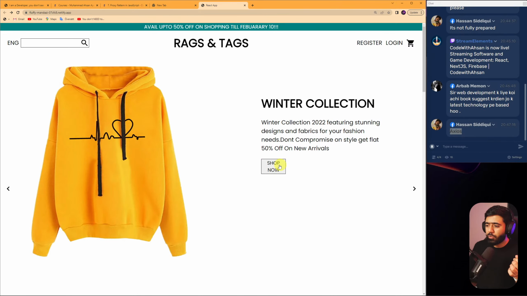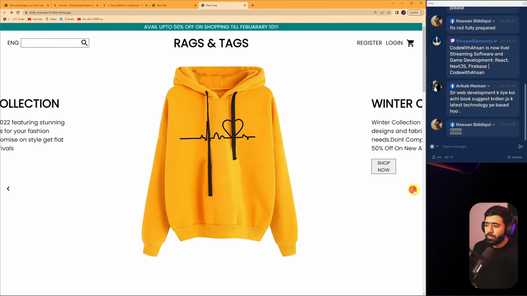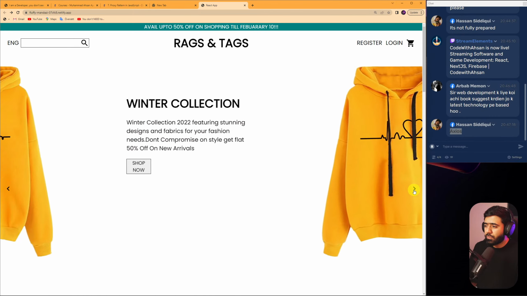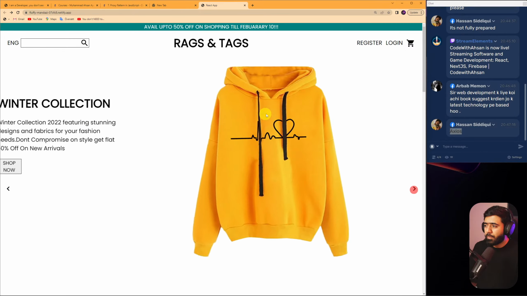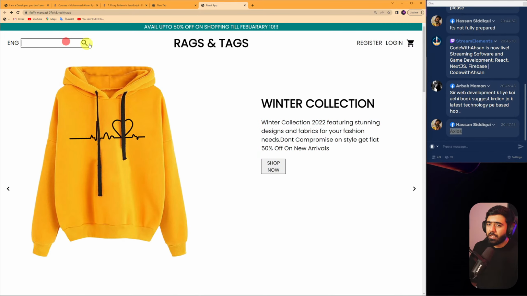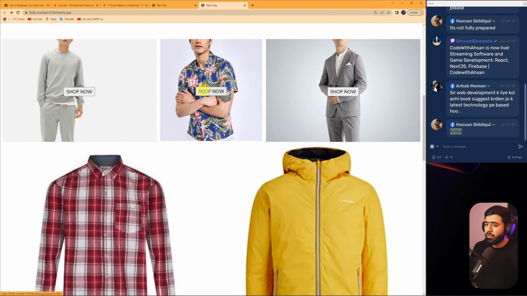The button shop now seems too small. You can expand it. There's so much space here. You could work with that. This looks good, but it doesn't show anything, I mean, it doesn't show your skill set, to be honest. So I would suggest working on this